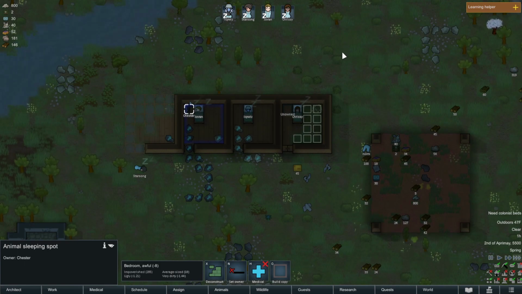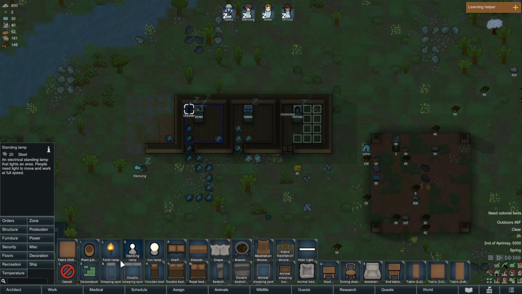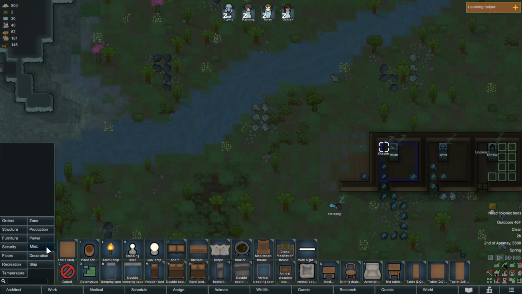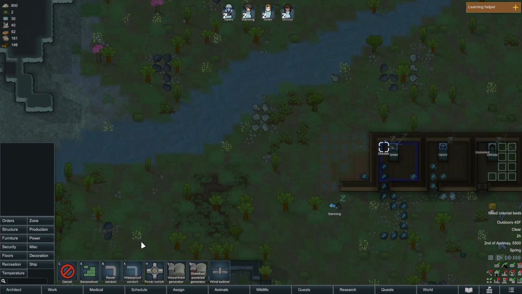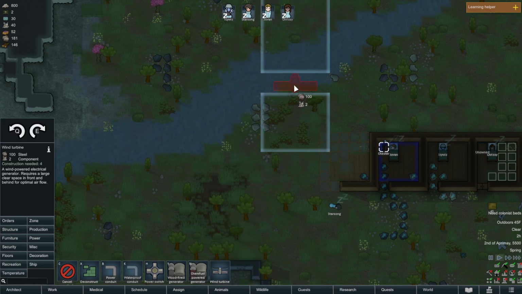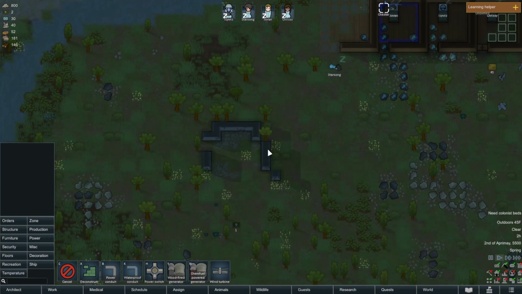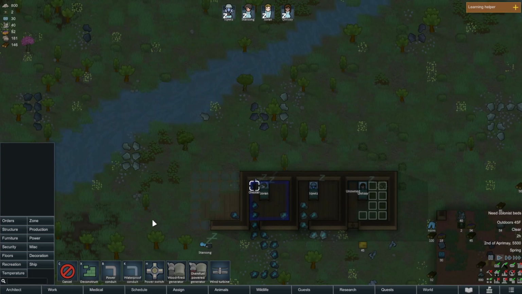Need colonist beds. Yeah, we do. All right, while they're asleep, let's plan a little something else. We want to be generating power. A wind turbine is an option. So we could put one of those out here. I kind of want to get other things set up. So what we really need to be doing is